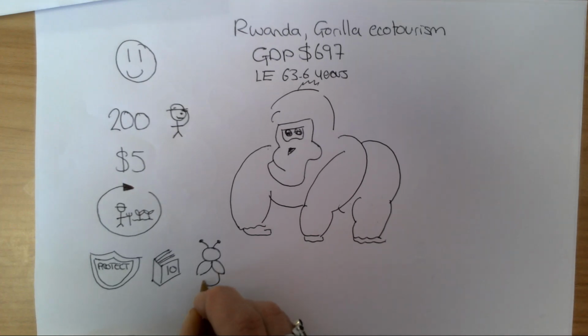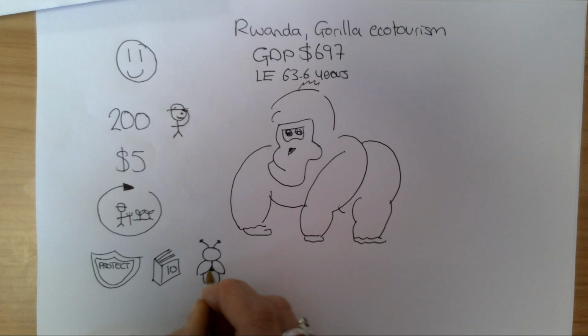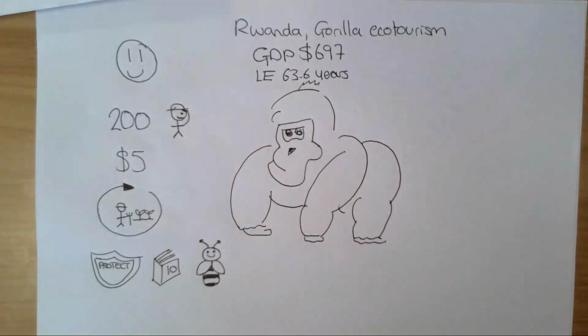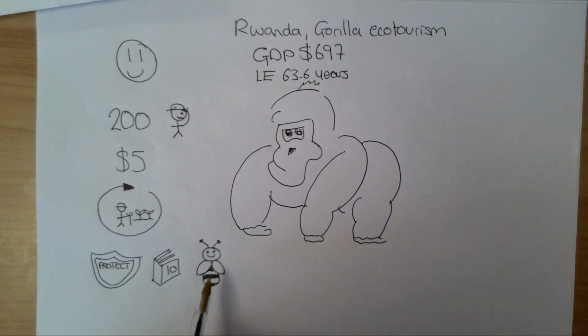So to reduce the risk of further poaching, to encourage protection of the gorillas, locals have been skilled up in other industries, and one has been beekeeping. So it improves biodiversity in the region, it helps maintain a healthy ecosystem, and brings in income from selling the honey that the bees create, which is fantastic. So a whole variety of benefits for